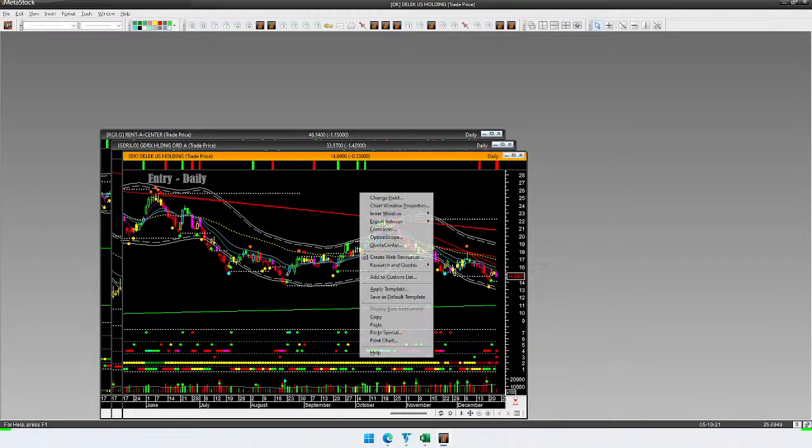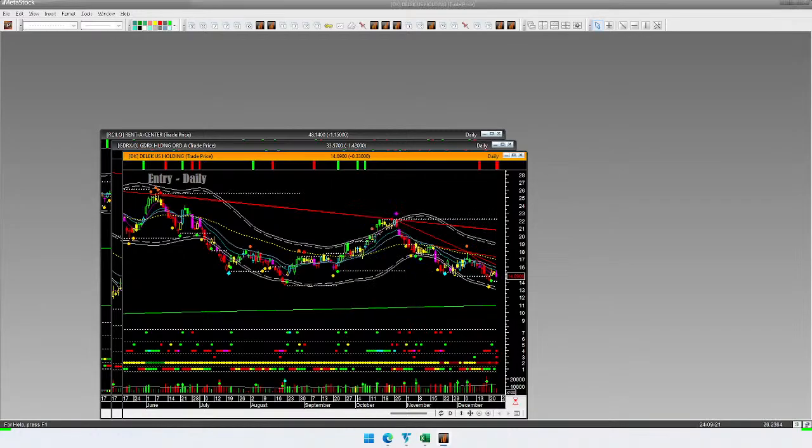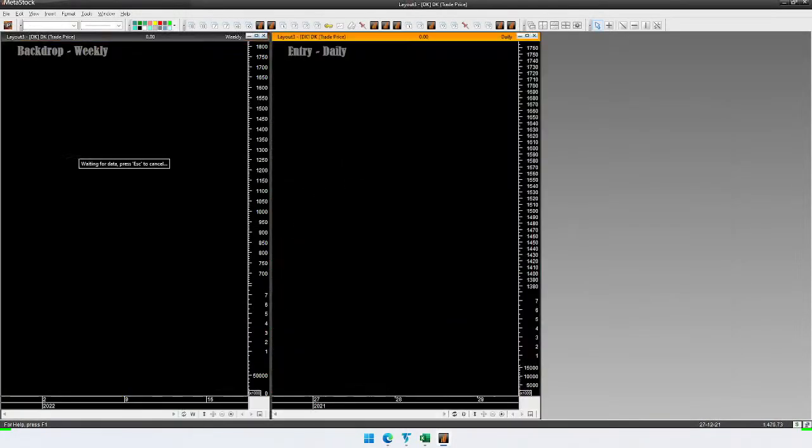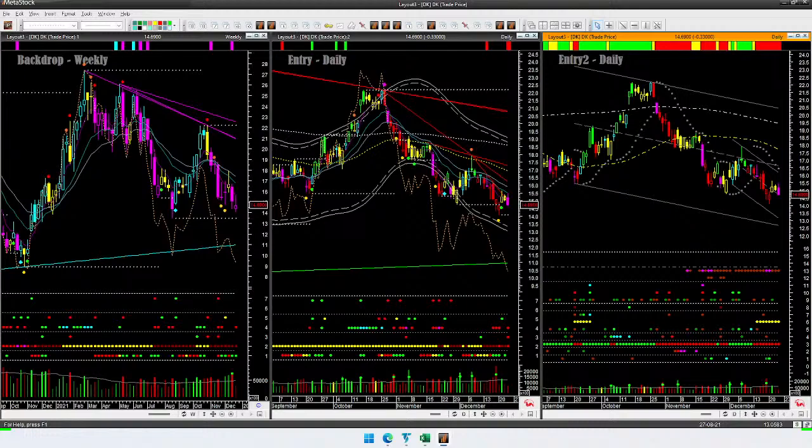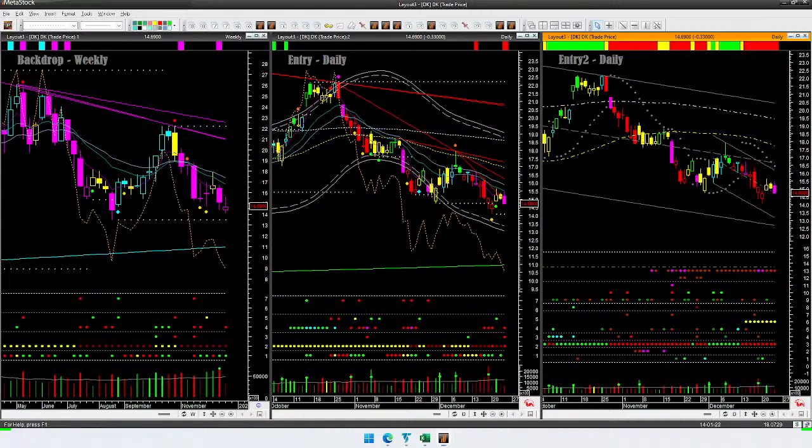Let's look at DK. This is also giving a proper short setup. Weekly backdrop bearish, daily flow bearish, a go with flow short setup in a downtrend plus tilting down from trendline resistance. Stop will be just above recent high, lower boundary significant distance away, giving a proper go with flow short setup. DK is also a shorting opportunity.